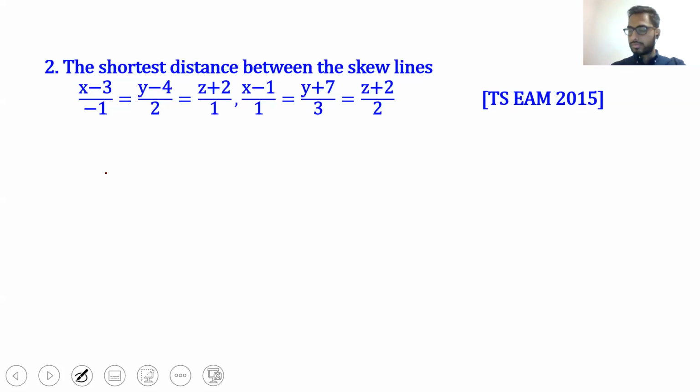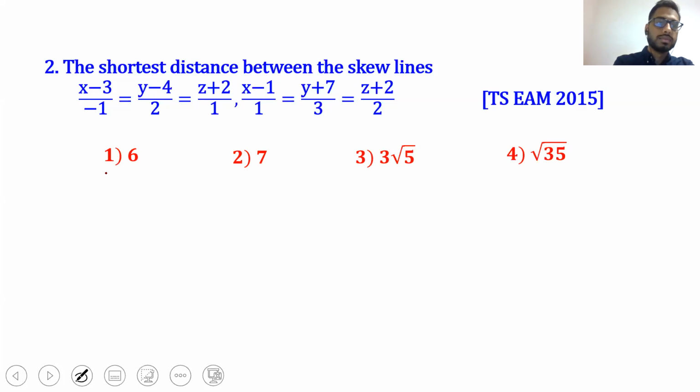So how can we find the shortest distance between two skew lines when the line equation is given in this format? The formula for that is, these are your 4 options. The formula to find the shortest distance is